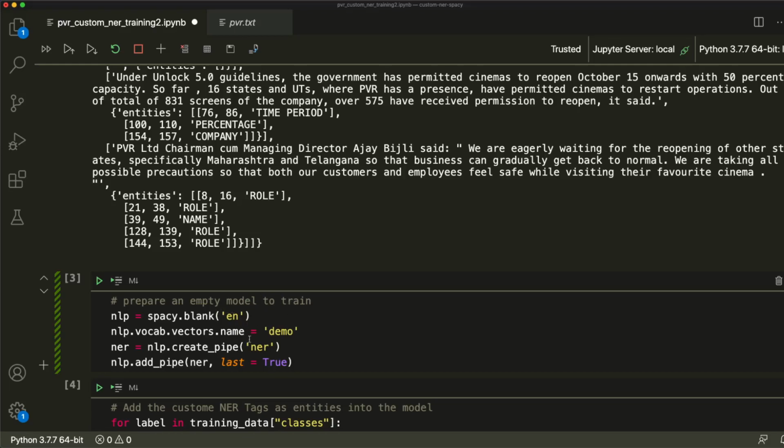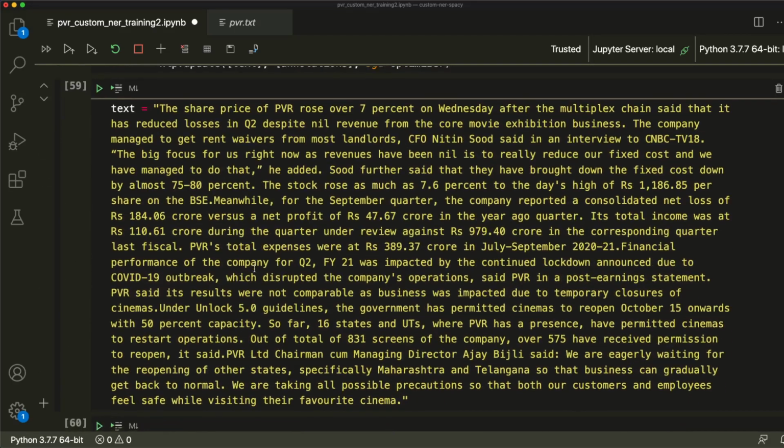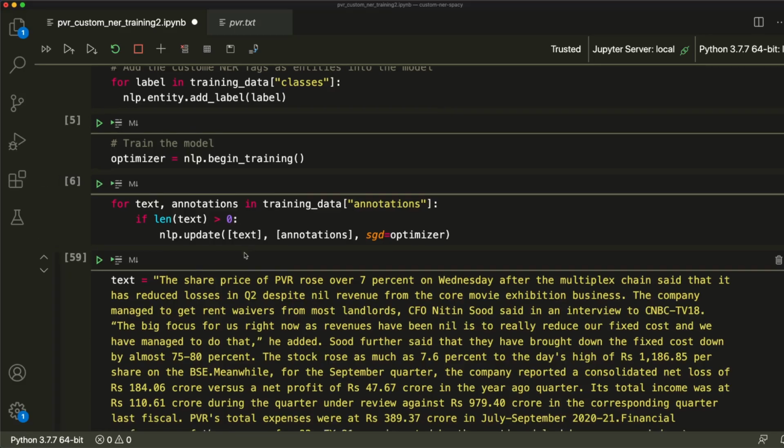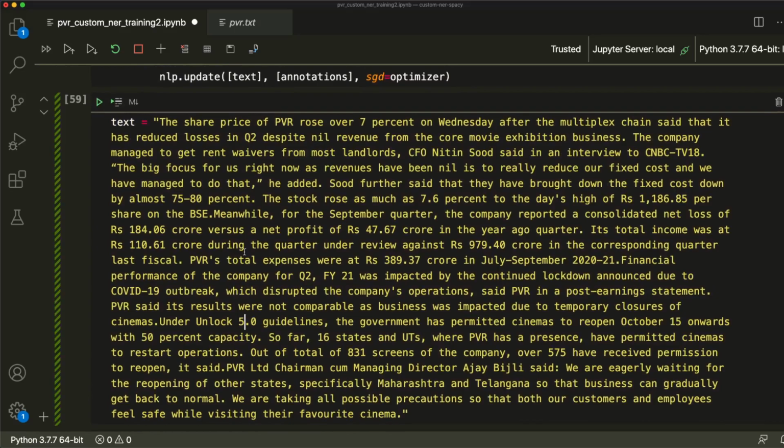So what we have basically done is, we took something completely from scratch, and from that we created a bunch of classes, entities, and then based on the text that we gave, we annotated the text, used those entities and trained the model. So right now you have an English language model with a bunch of entities that you just trained using that finance data. Now we are going to use the same text as input, but that's not ideally what people actually do, but let's start with that.